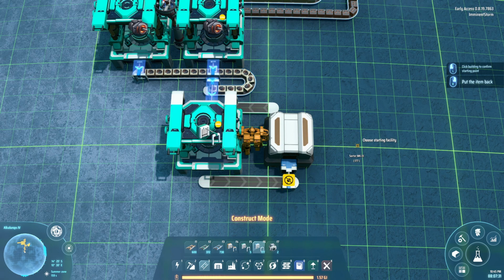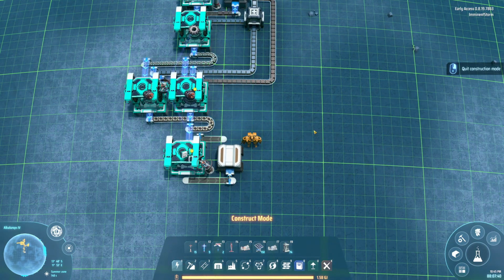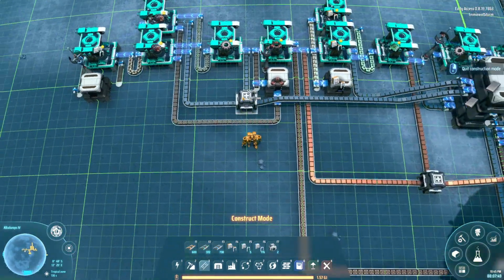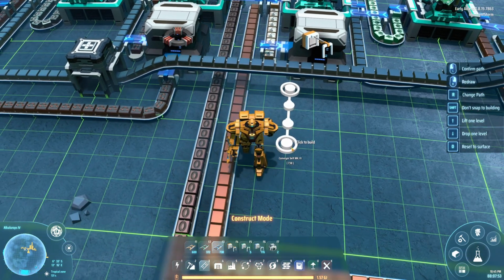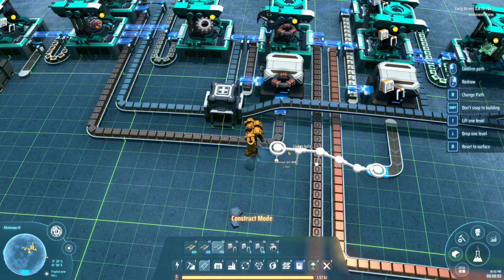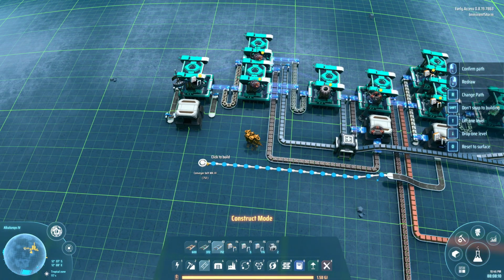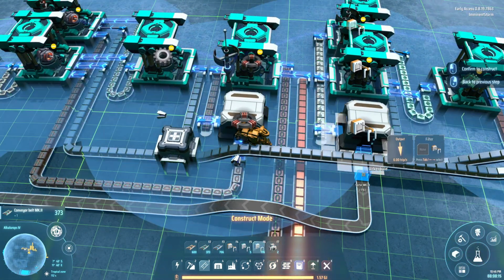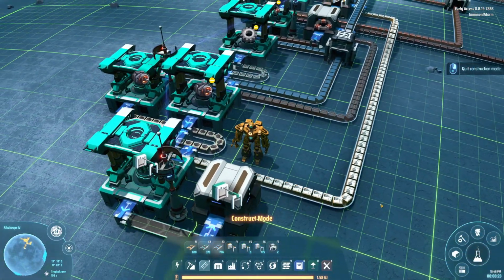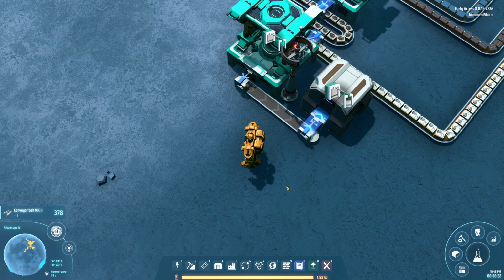Make sure this is all set up to store those. All right. So now I just need to bring these over. Easy enough. Let's just come out of the center. That's the wrong belt. There we go. Not that it really matters, but...